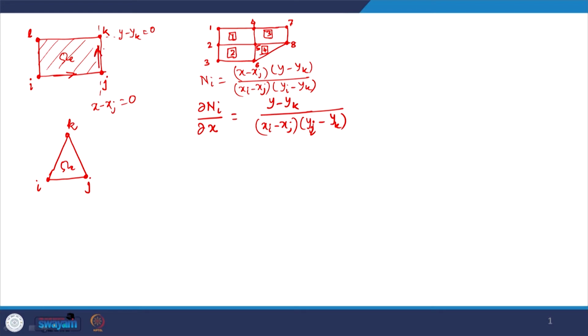The boundary integral is evaluated in counterclockwise direction, and in this particular case this boundary I j is common with the boundary for k l for element 2. So, those boundary terms would get cancelled. Similarly, this boundary term along this edge will get cancelled with the similar boundary term coming from element number 3, and 1 2 this boundary, it is of course the essential boundary is specified.